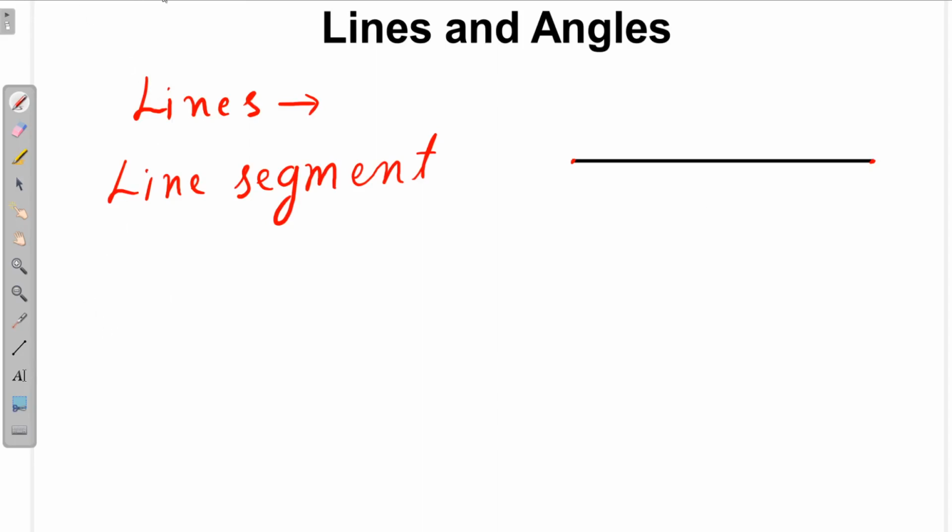So we have to name these points. Whenever it contains end points, we have to name them. So suppose that I name this point as A and this point as B. So we will write like this: AB is a line segment, or we can make a line above it also, or we can also write like this, AB. So we prefer AB only. AB means AB is a line segment.